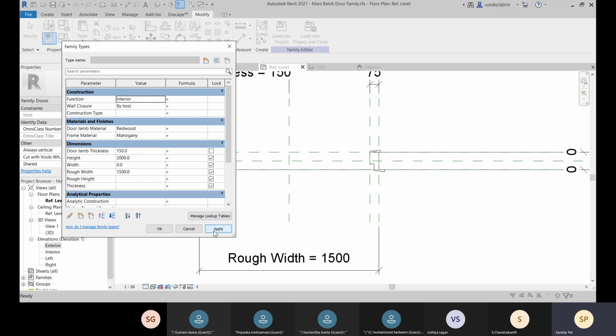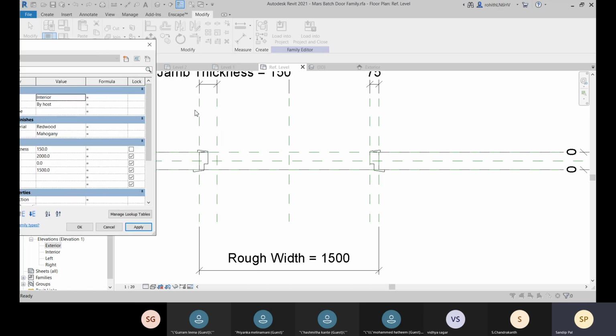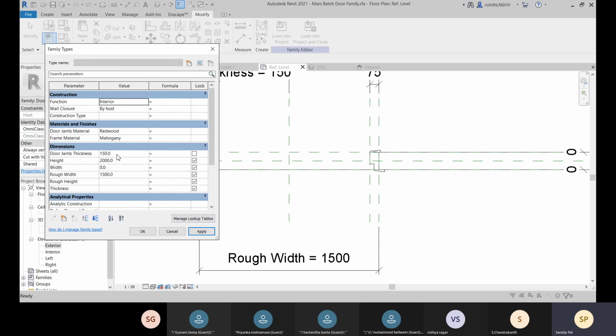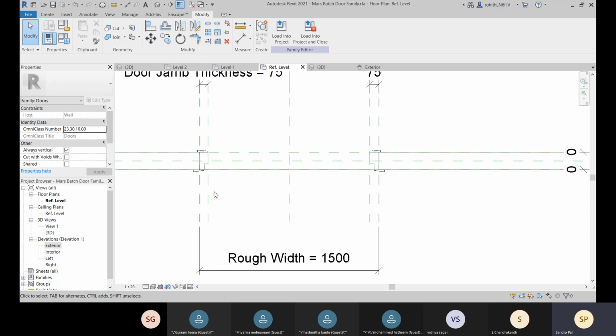Let's check it, apply, and here you can see, as I've told you, that it will be reflected to this reference plane only. I have to lock this profile with this reference plane. So for that, let me go for 75 again, and you go for apply,